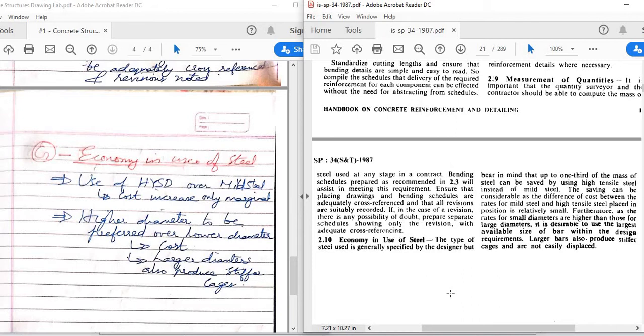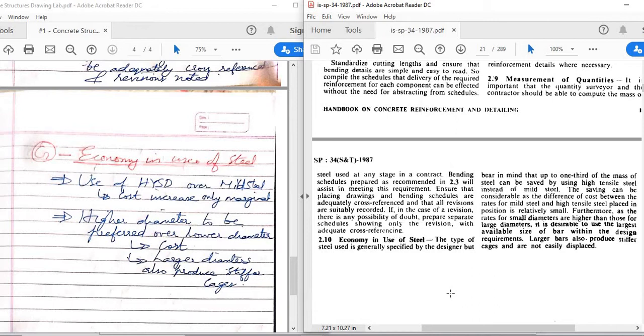So those steel should be preferred over mild steel in normal RCC construction, because of the strength increase, the exact comparison of strength increase between 250 and 415, 500 or 550. So if compared to the strength increase or weight increase, the cost increase is only marginal.